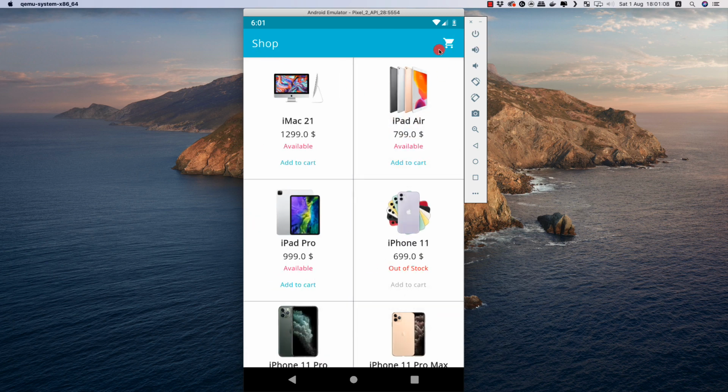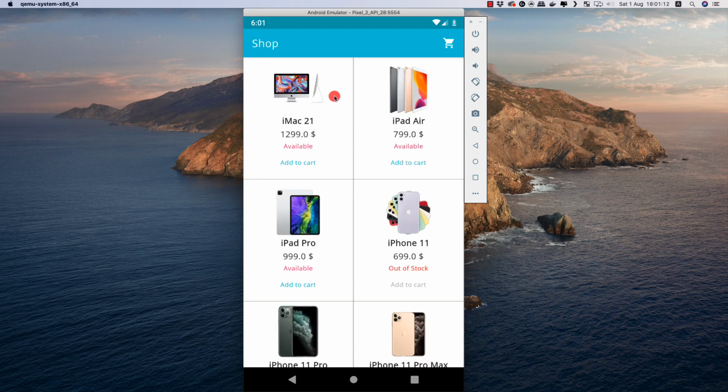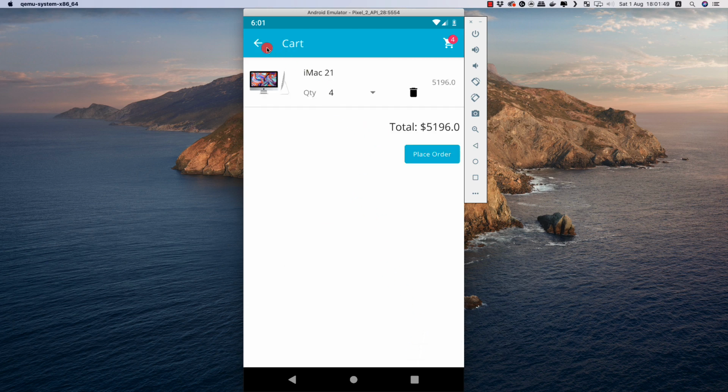And if we click on this menu item, that is the cart icon, this is again handled by the navigation component. Then we are going to use custom fonts in this application. We are not using the default Roboto font, instead we are using the Open Sans font. And all these components are material components, that is this text view and this text button, it's a material button, we can see the ripple effect, and then we get a snack bar, and this snack bar is again a material snack bar. So we can click here to check out again also.